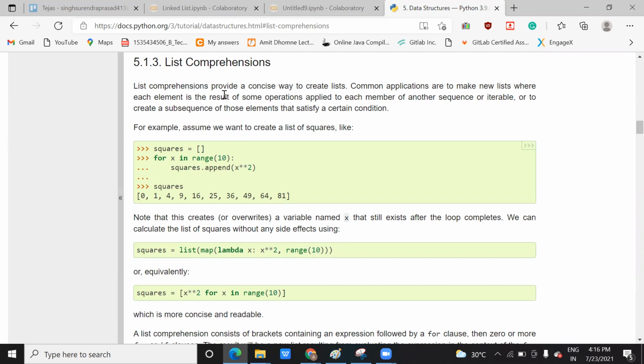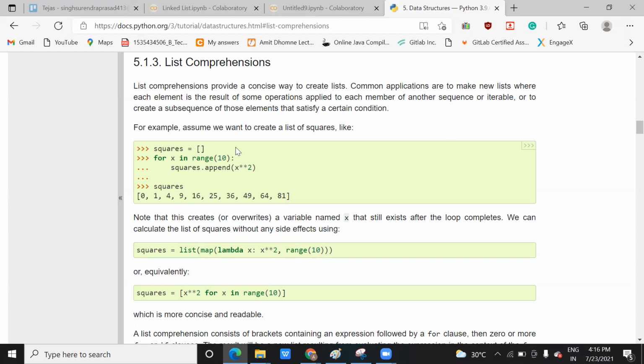It means that you create a new list from an existing list by doing some operation on it. Now here you can see squares is one list, and you are creating the operation on that, for x in range 10. Here you are considering the elements from 0 to 9, because the range is 10.